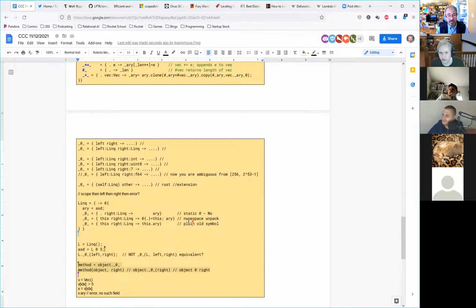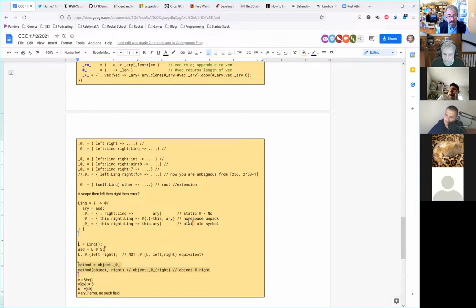So if I say my method equals my object dot this override, do I lose the binding to the instance? There was never a binding to instance to be lost. So like on my second method call here, this would be method of object comma right, or just method of right? And method knows that it was a method on object. It would be